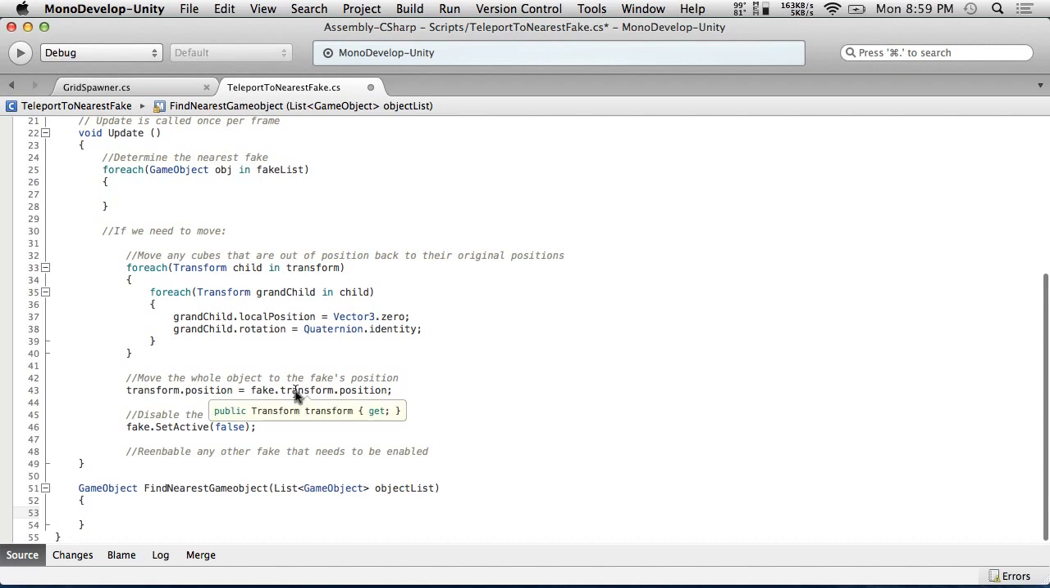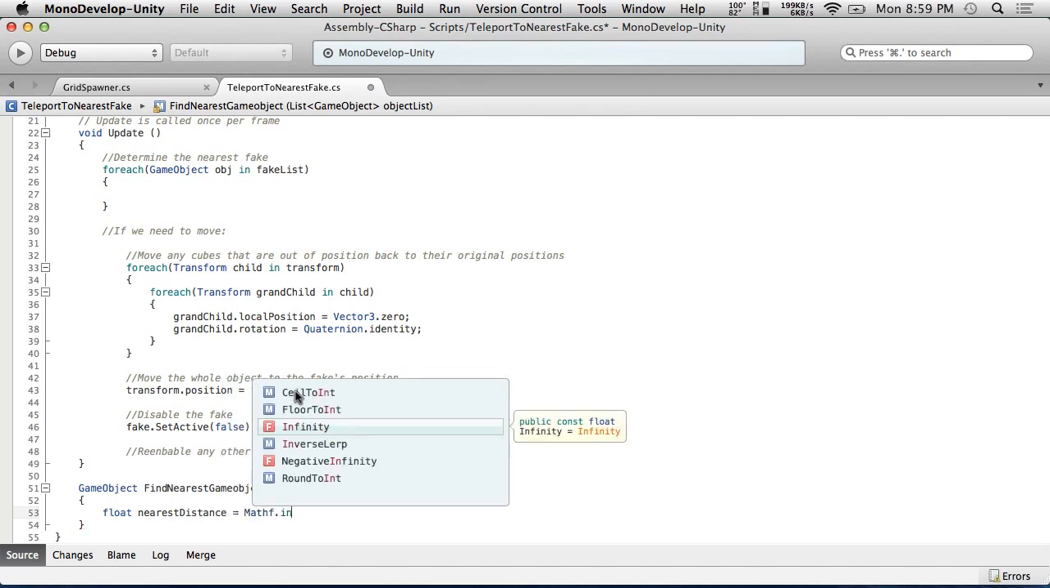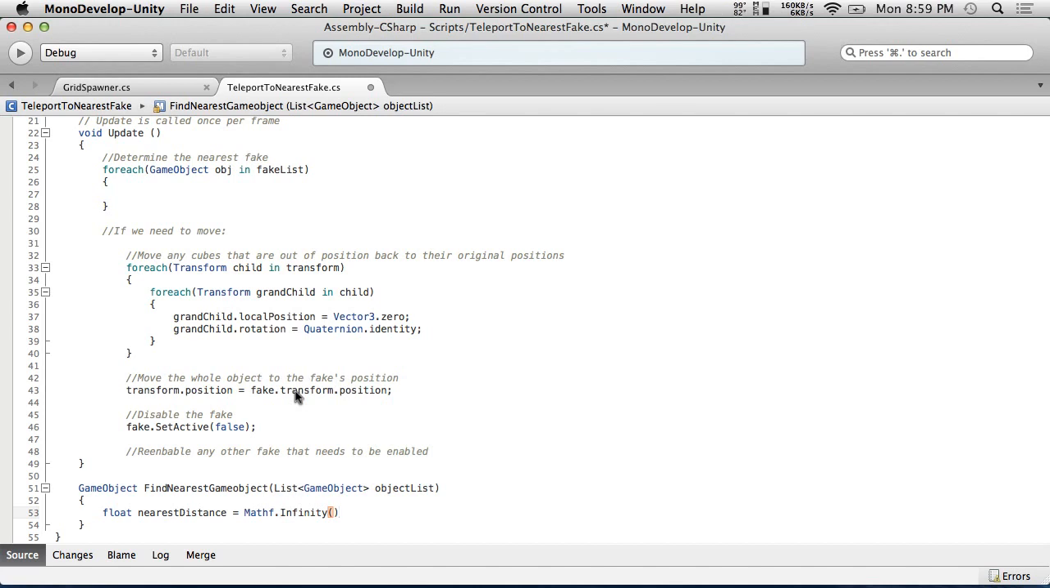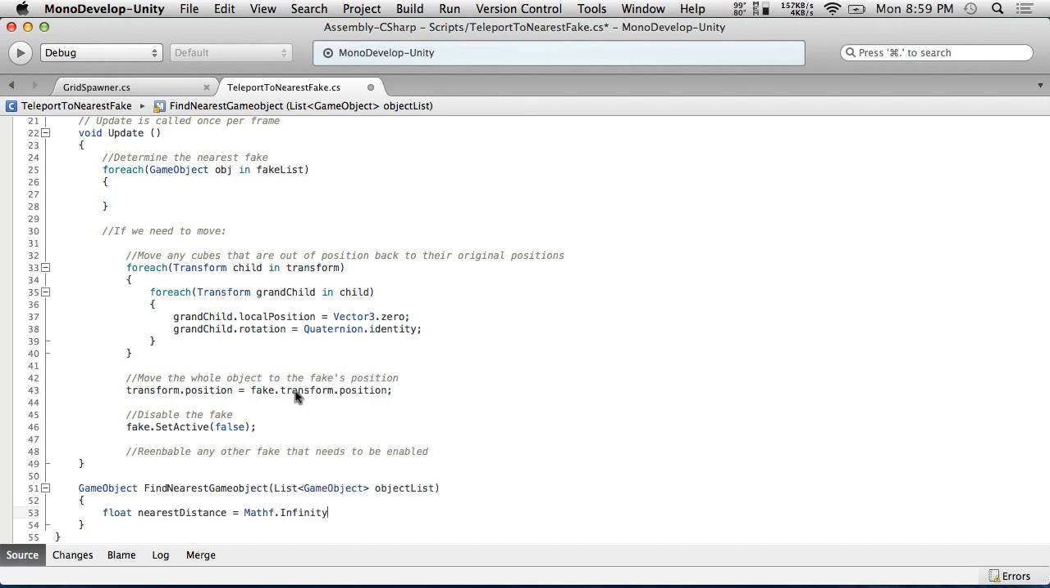So all we're doing is float nearest distance equals Mathf.Infinity. Sorry, that's not it. Dot in. Oh, why is it uppercase? I'm not going to worry about it. I swear it used to be lowercase. All right, whatever. Nearest distance equals Mathf.Infinity, and now we're going to go